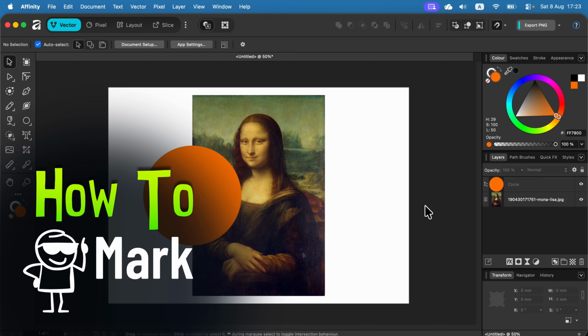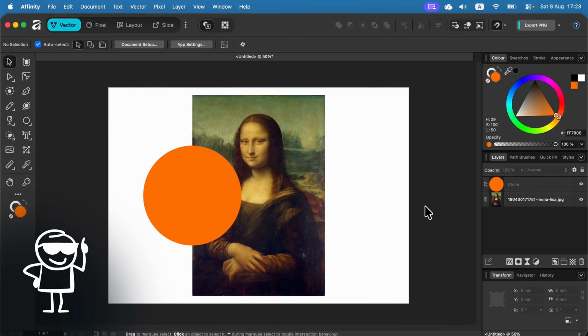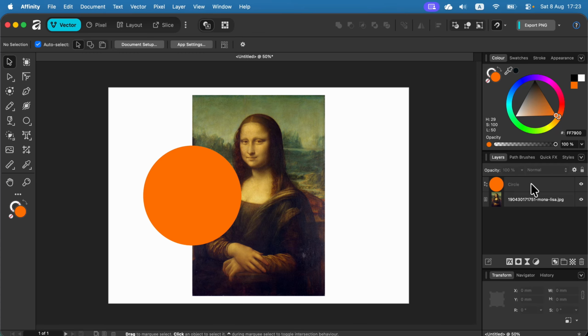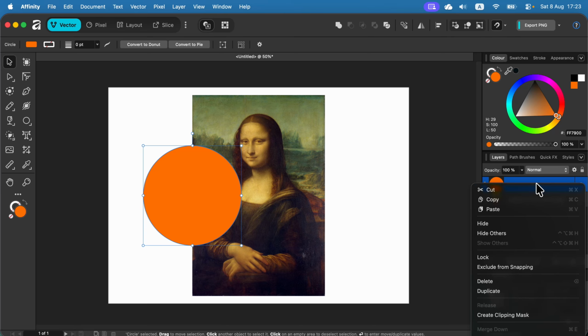Let me show you how easy it is to create a clipping mask in Affinity. For that, you need at least 2 layers. As you can see, I got this circle on the layer above. That's important because we want to right click on that layer above, and then we got the option to create clipping mask. Select that,